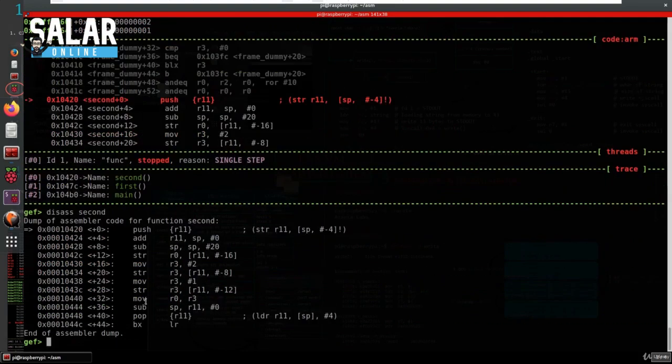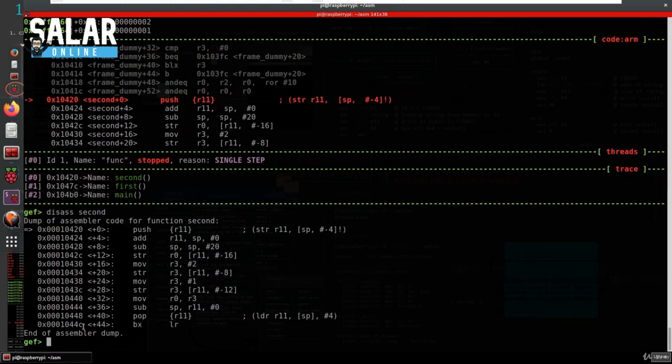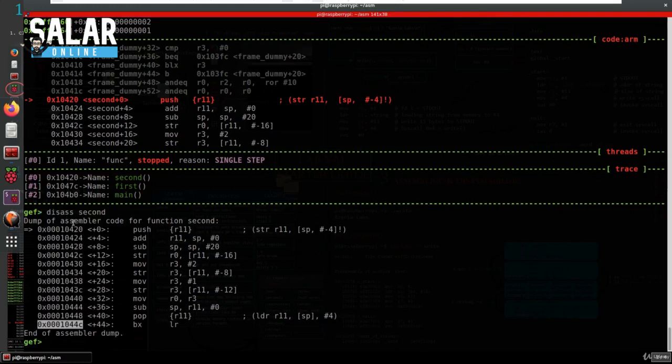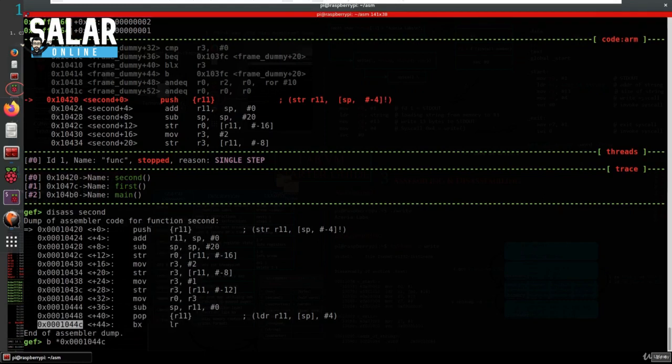There is nothing much here. This function will just initialize two variables, and they will have the values 2 and 1. So you don't have to mind that. You have to look at how these functions return to the caller. So I will put a breakpoint here